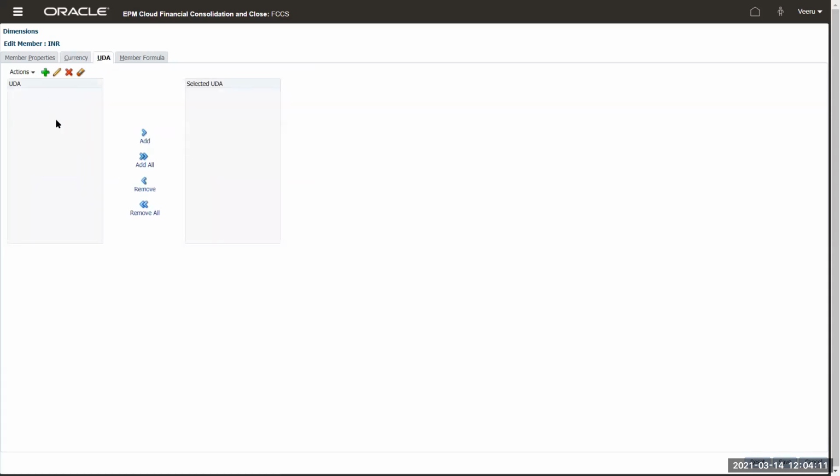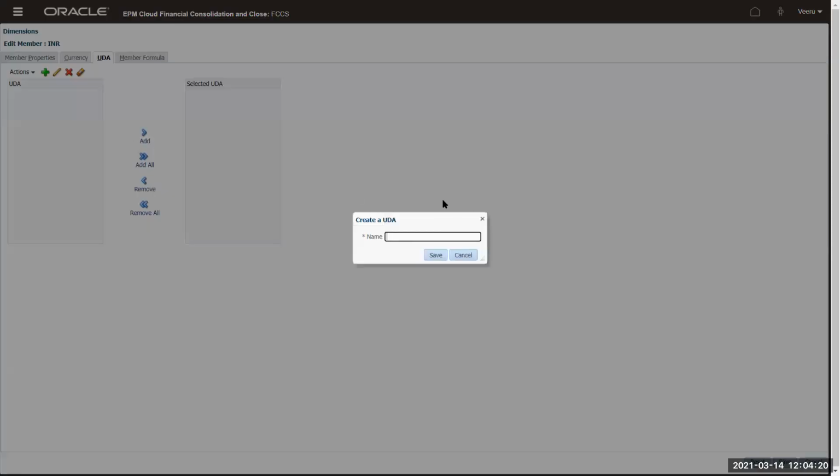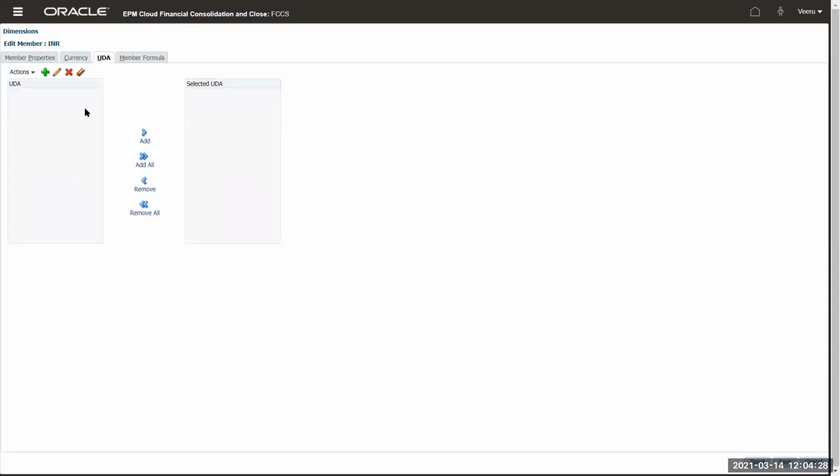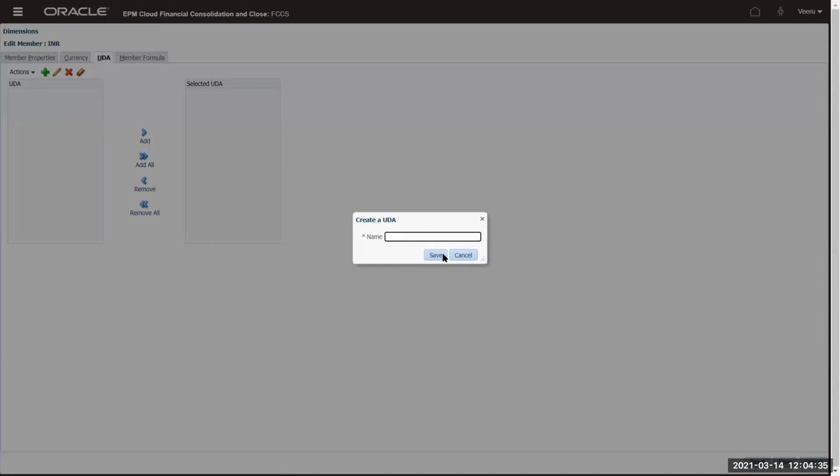And then UDA. UDAs are mostly used when you write your rules. You can create your own UDA, assign that UDA to this application, and then use it for retrieving or for playing around in your rules. I'm not going to create anything, but this is how you can create it. Click on the plus button, create a UDA, and save it.